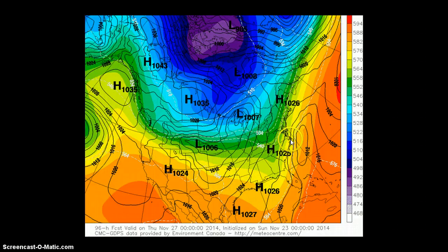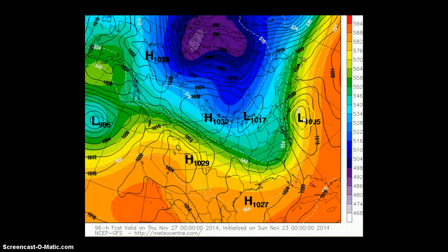Right here we have the Canadian for the same time frame, and it shows a little bit of nothing really, nothing really developed along the East Coast, according to the Canadian model. Now, next and last model will be the GFS. And right here we have a little bit of a weaker system than the Euro and the UKMET were showing, and this is a little bit further off out to sea than the other models,